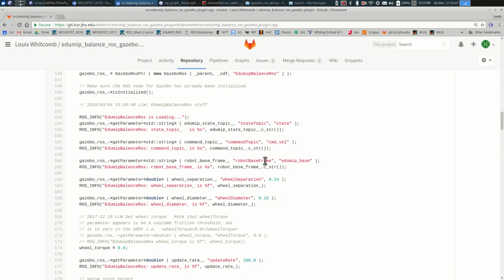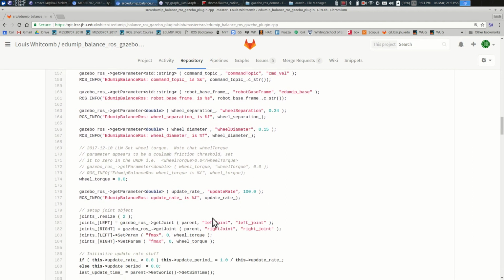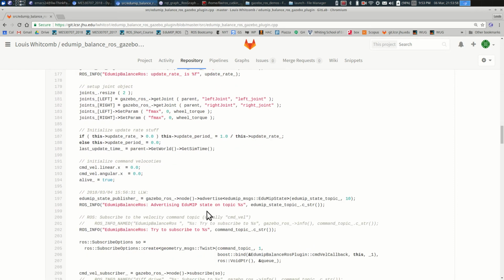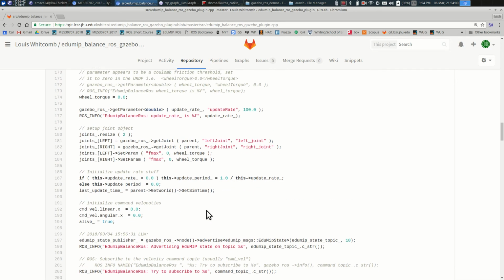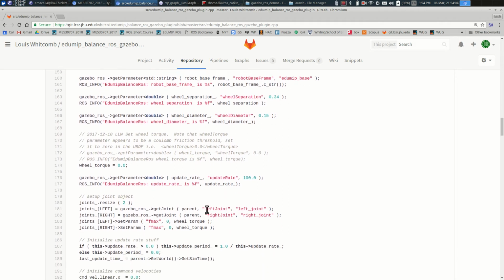In your launch, in your SDF file or your Xacro file, you'll specify the name of the base frame for the edumip, wheel separation, wheel diameter, and the name of the left joint and the name of the right joint. And so wheel separation, right, and